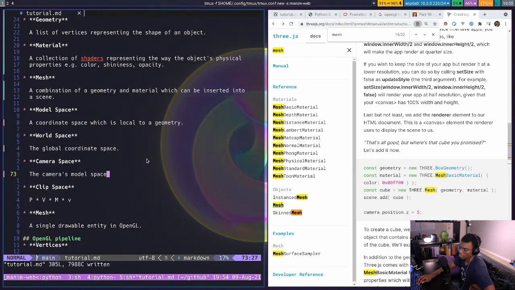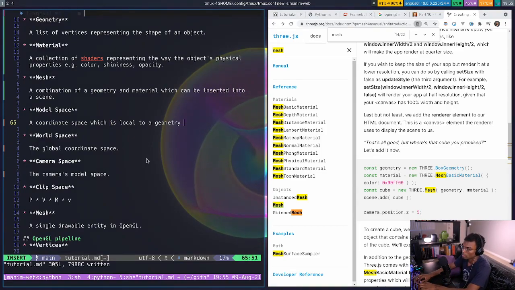Because the model matrix, I should leave this here. Model space. This m dot v or m times v. Wait, not this. But like v, m times v,